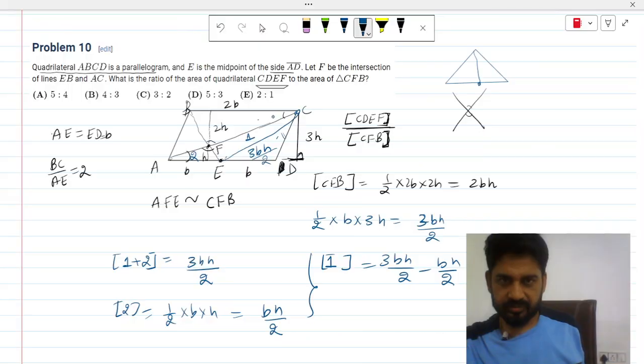So this total area will become bh plus 3bh by 2. So 3bh by 2 plus bh,